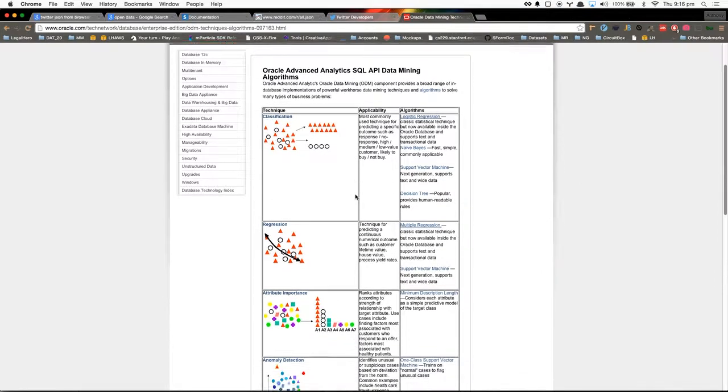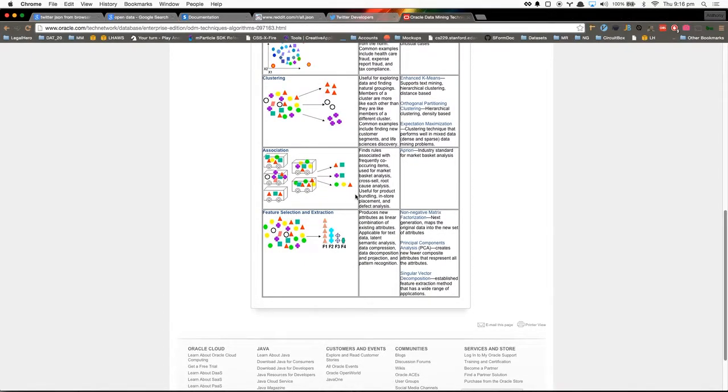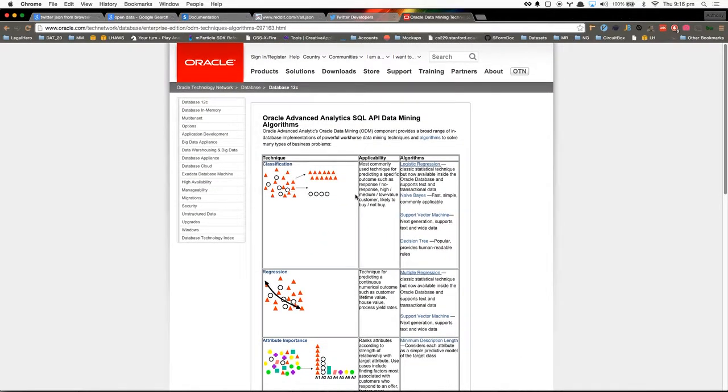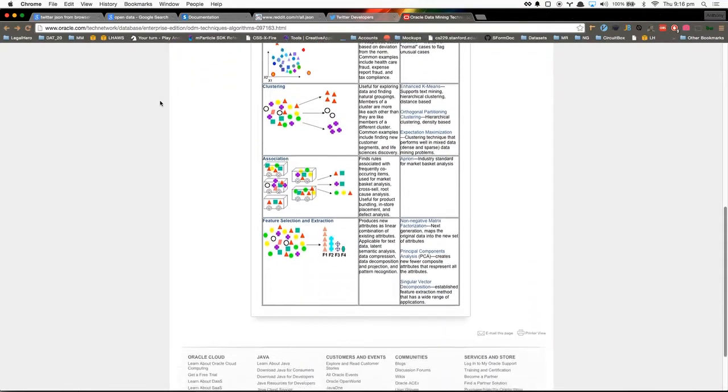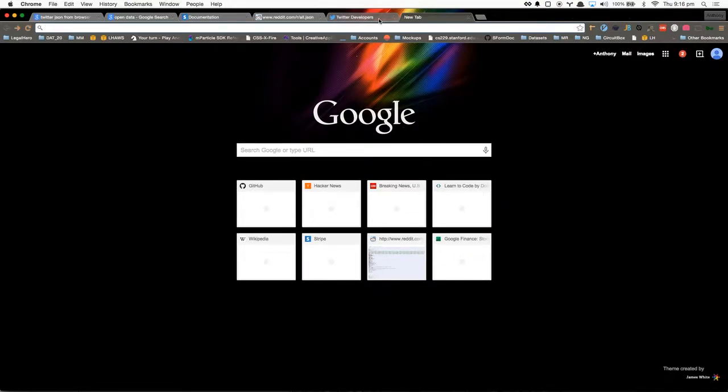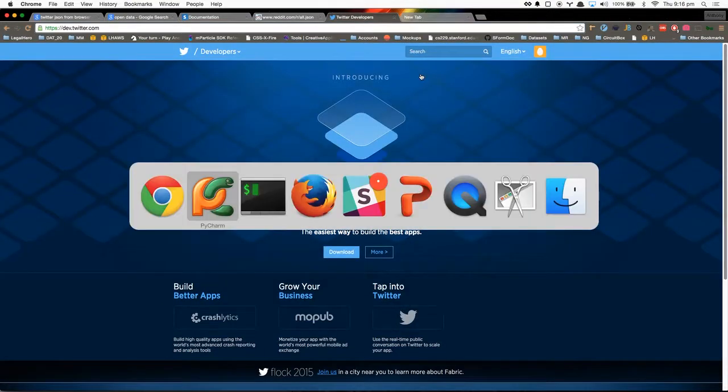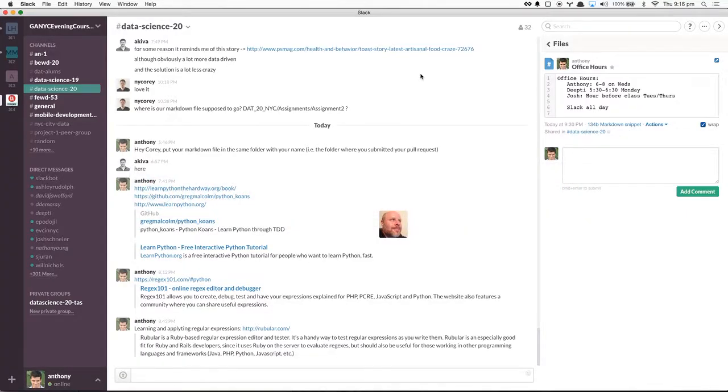And so your mission will be to choose one of these algorithms, one that's relevant to you that you want to learn more about. Read the Oracle document on it, and just write a short report on it. And I'll send some follow-up stuff. The TAs and I have some additional information for you about stuff like projects, which we'll send over Slack.